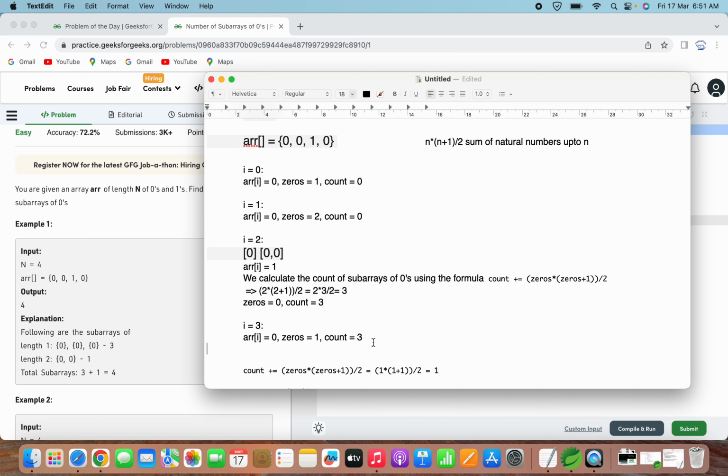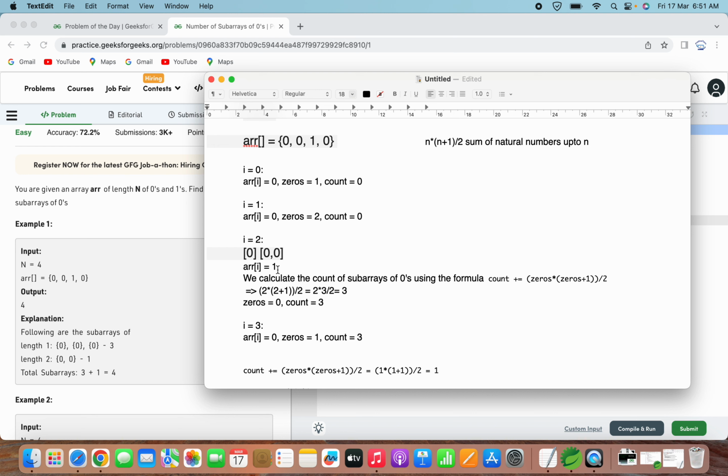We also need to add the count of sub arrays of 0 at the end of the last index separately, after we have traversed the entire array. This is because we will not encounter another one after the last index to calculate the count of sub arrays of zeros at the end of the last index.